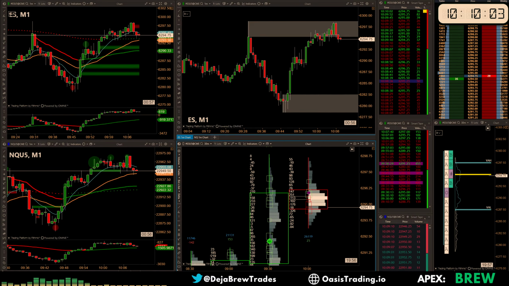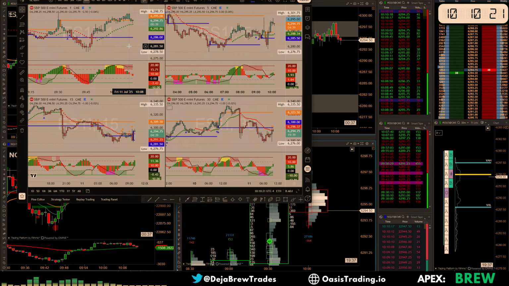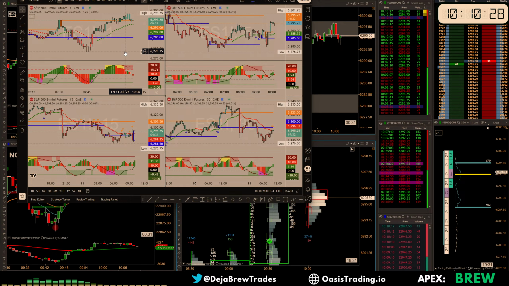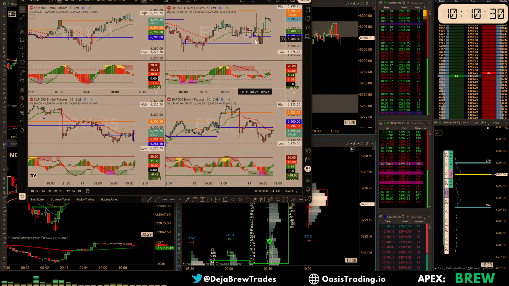So here's a good example, and these screens are a lot lighter, so watch your eyes. Here's a good example of how I normally watch the Momo, where I watch it on multiple time frames, like 1 minute, 5 minute, 15, 30. Time frames can be whatever you want, but those are typically the ones I use. And you can see kind of how it develops. It kind of waterfalls like the